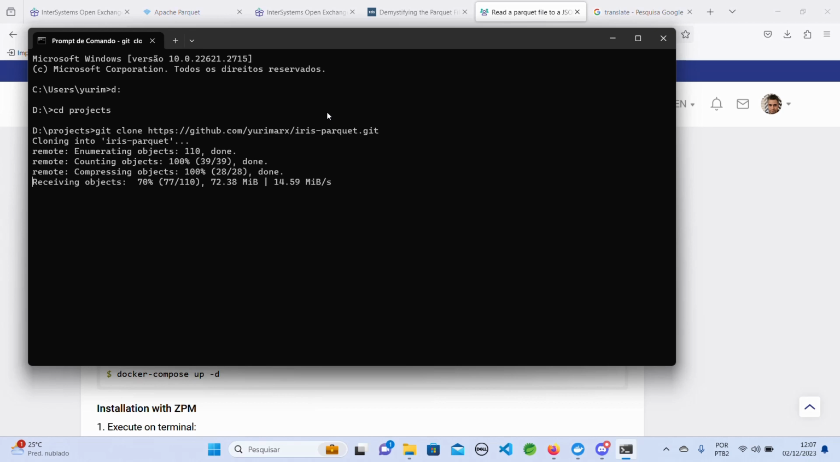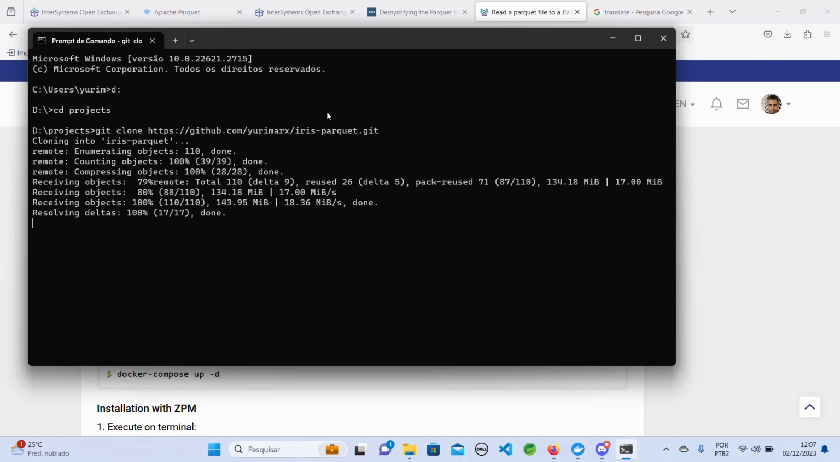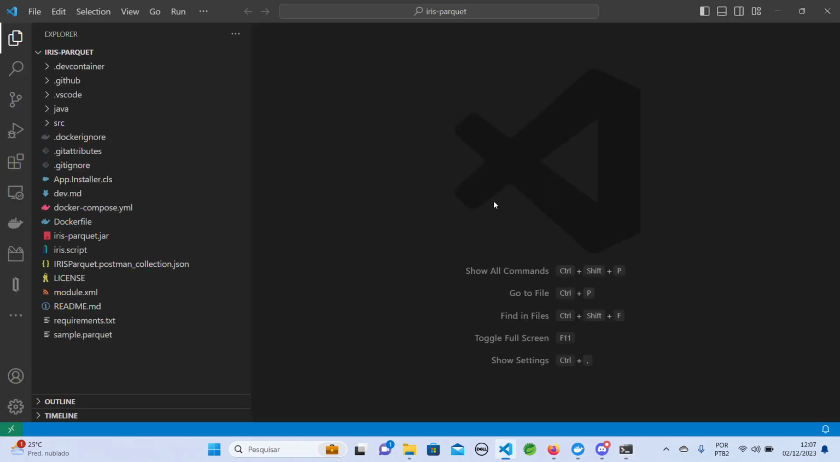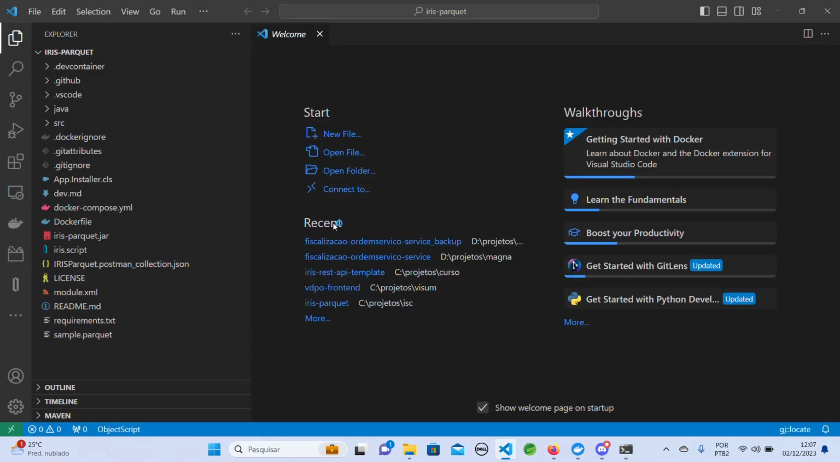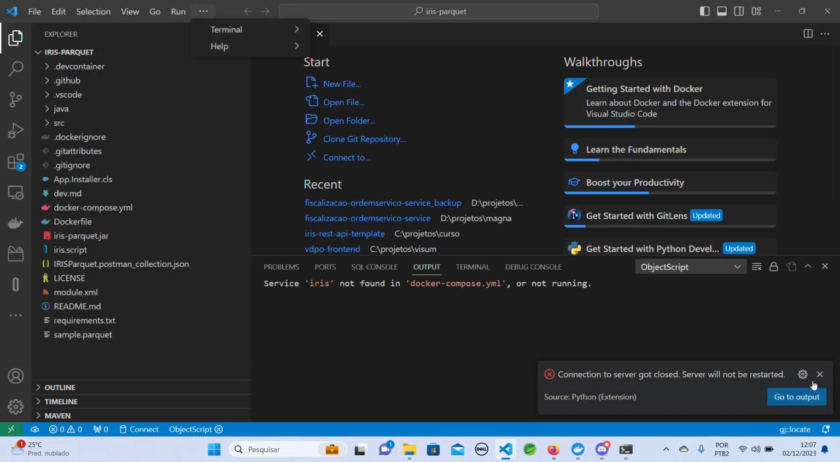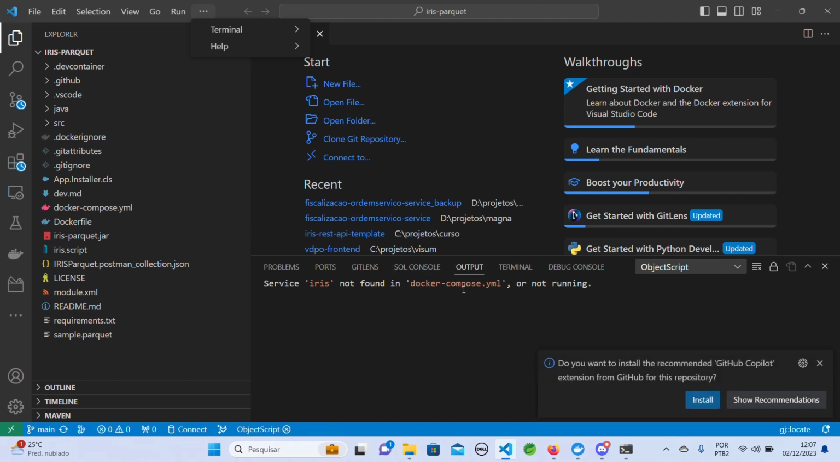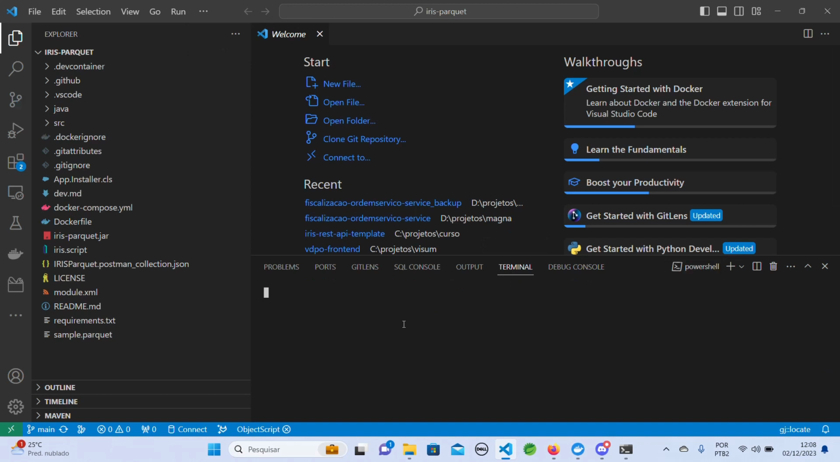We have some objects for this project. Now, with the project downloaded, I can use it. cd Iris-Parquet, code dot. Okay. Now I have my Docker instance for this project. Very good. Here I will use the terminal to do the Docker compose